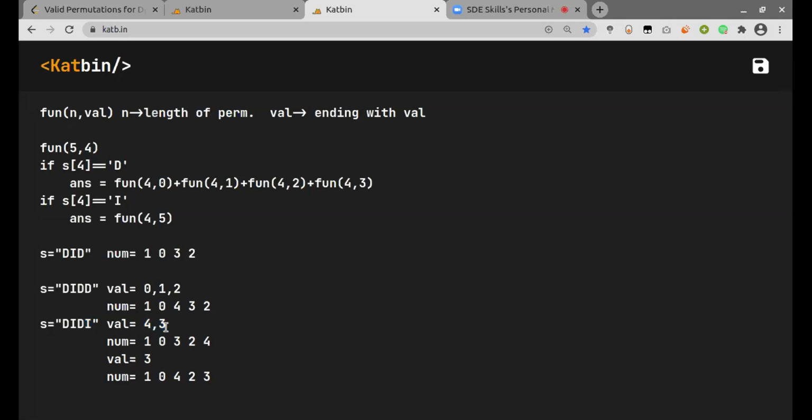So if we take the previous function calls, we get the intuition that whenever the value is ending with some digit and then we get a decreasing one, we need all the possible cases from 0 to the possible digit which it ends with.